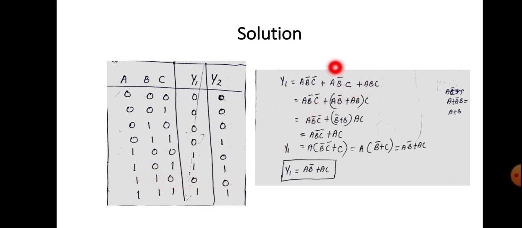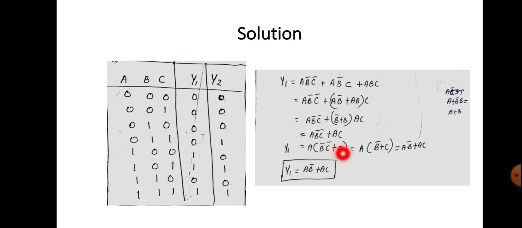That is why we are writing these equations only when y1 equals 1. Now we have to reduce this equation. Taking C outside, this will be A B bar plus A B. Here also A can be taken outside, so this will become B plus B bar. What is B plus B bar? Sorry, that is equal to 1. So this is equal to A B bar C bar plus A C into 1, that is A C. Again we can take A outside, so this will become A into B bar C bar plus C.